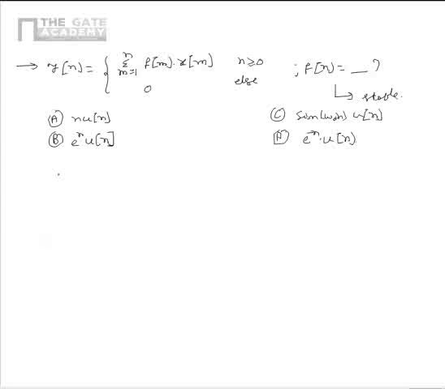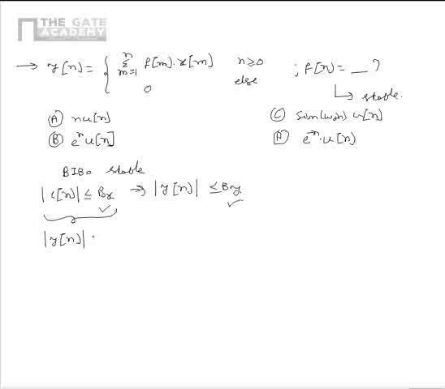We know that for the system to be stable, we have to prove that the system would be stable in the BIBO sense. So for it to be stable in the BIBO sense, if mod of x of n is less than or equal to bx, then we have to find f of n such that mod of y of n is less than or equal to by, where bx and by are finite. So by assuming that x of n is bounded, that is mod of x of n is less than or equal to bx, we can see that mod of y of n is equal to sigma m equal to 1 to n f of m